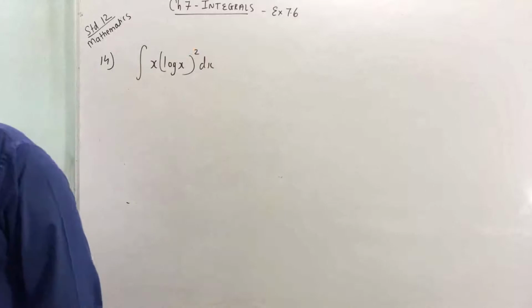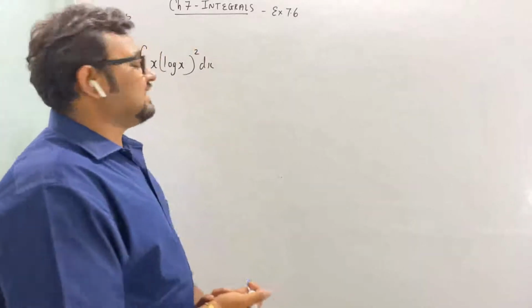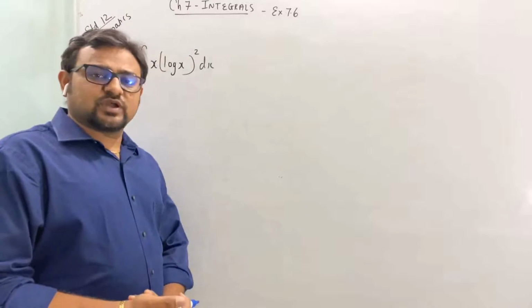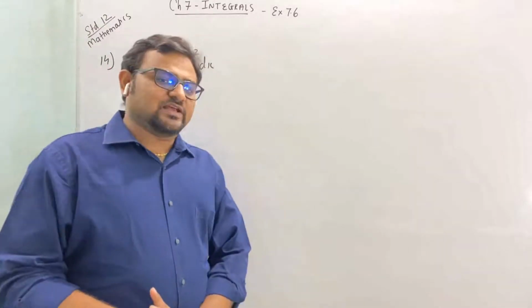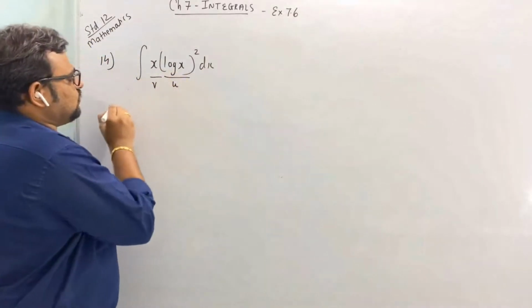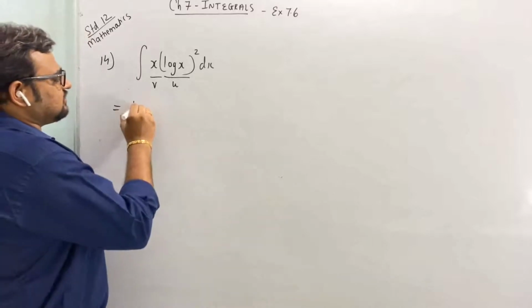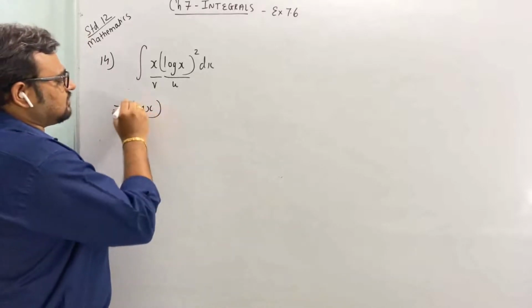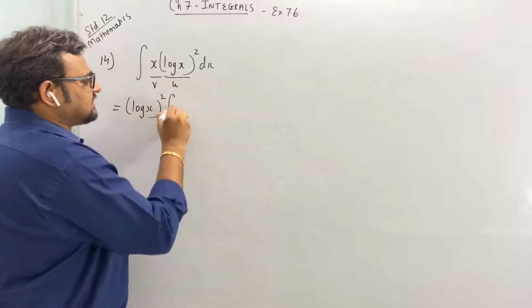Question number 14 is integration of x log x whole square dx. Let me confirm the question. Yes, it's x log x whole square dx. Okay, so again we have to assume one is u, one is v. So we will assume this will be u, this will be v. Okay, so u as it is, integration of v means x